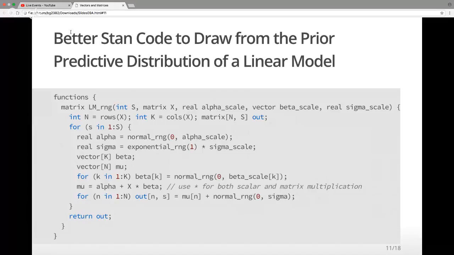And one of the reasons why it does that is that under the hood, the Stan function is expecting a matrix of predictors X rather than K different vectors of predictors, one for income, one for age,